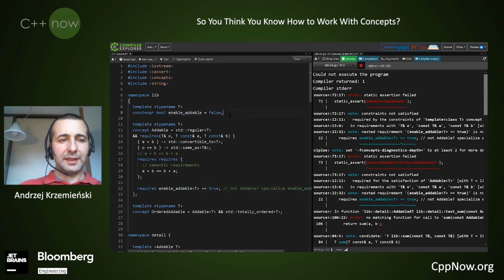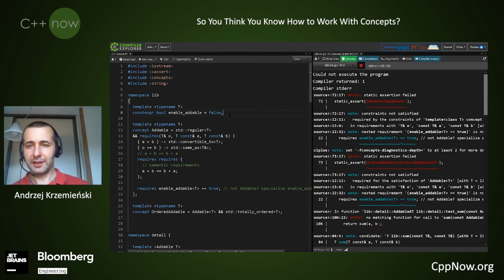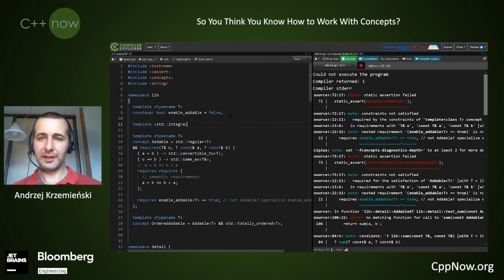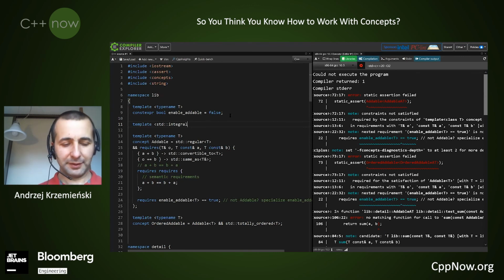Okay, so we can enable our addable for types that we know will work fine. So we know that for all the integer scalar types, they work fine. So let's specialize it. We use another standard library concept, integral, which detects all the scalar integral types.